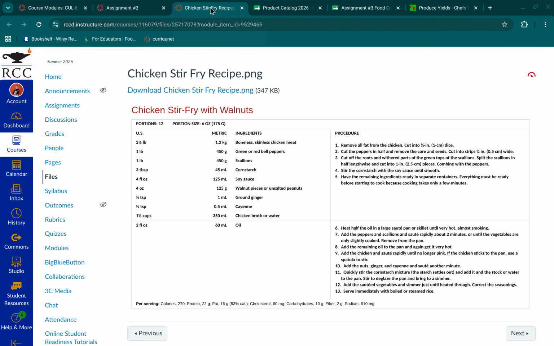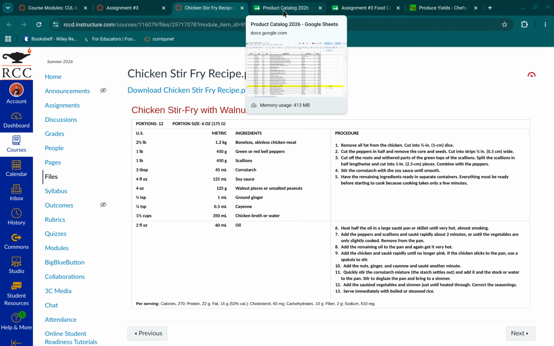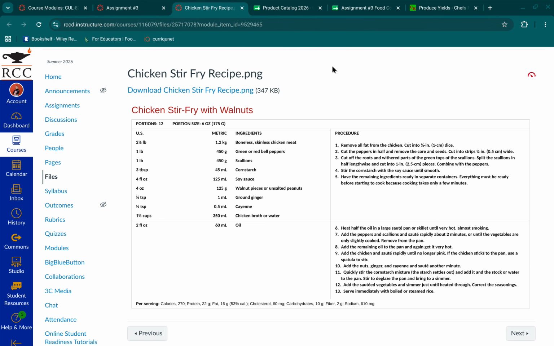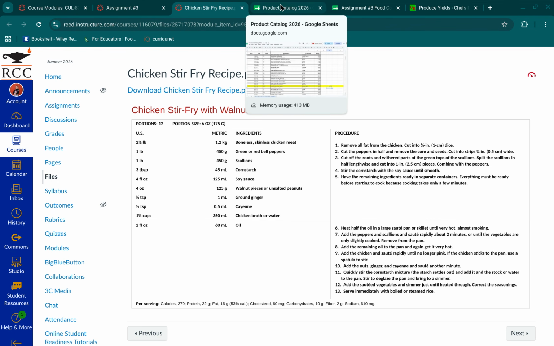So first things first, you guys are going to be costing out this chicken stir fry recipe. Super easy, really, really small recipe. Every ingredient you can find on the product catalog. We did do one in class to include chicken broth. That's the only thing that we did not have immediately available, but we did it together. And when you get to your product catalog,